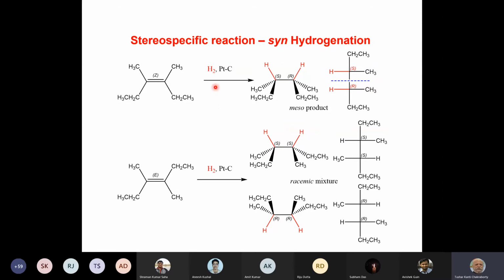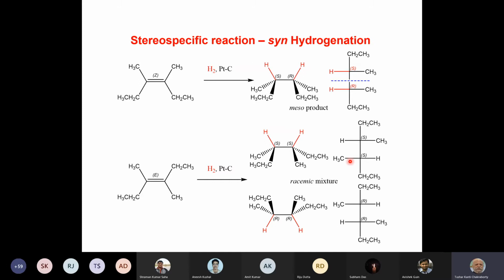And this was a cis double bond. Now if it is a trans double bond, why trans? Because on one side you have ethyl, and this side also you have ethyl, which has a higher priority, and we have learned how to call it a trans isomer. We do the hydrogenation. Now you get both of them with the same stereochemistry, S and S. And of course, as I said, this can happen from the bottom side also. If it comes from the bottom, you get R and R, and they are formed in equal amounts because there is no directing effect for a specific enantiomer, and so this will be a racemic mixture.